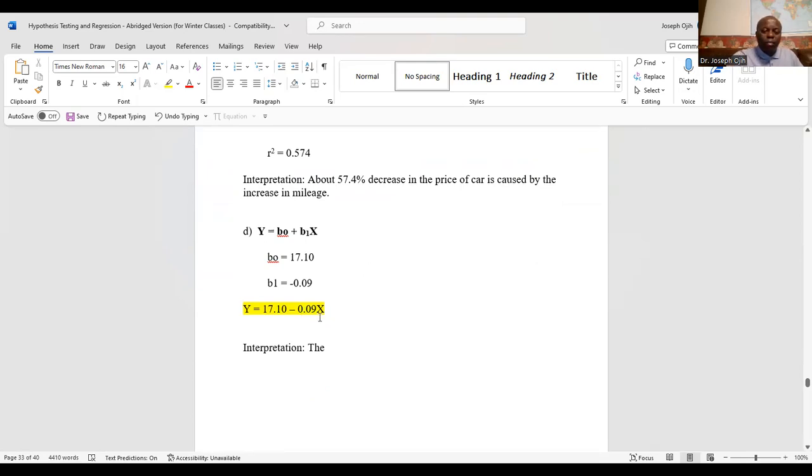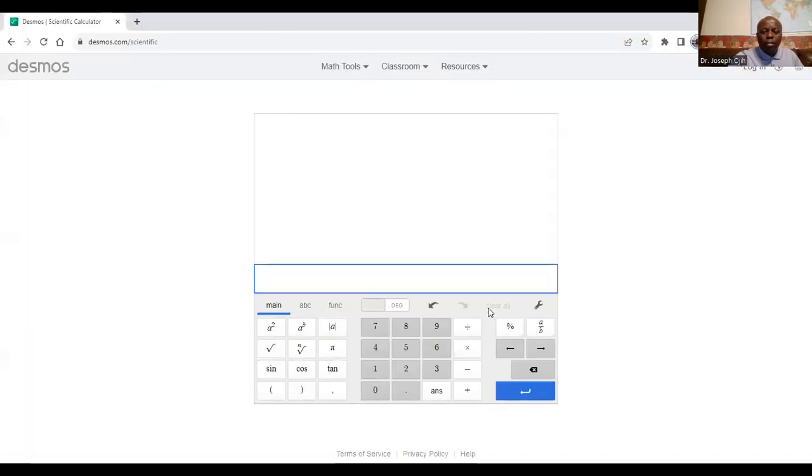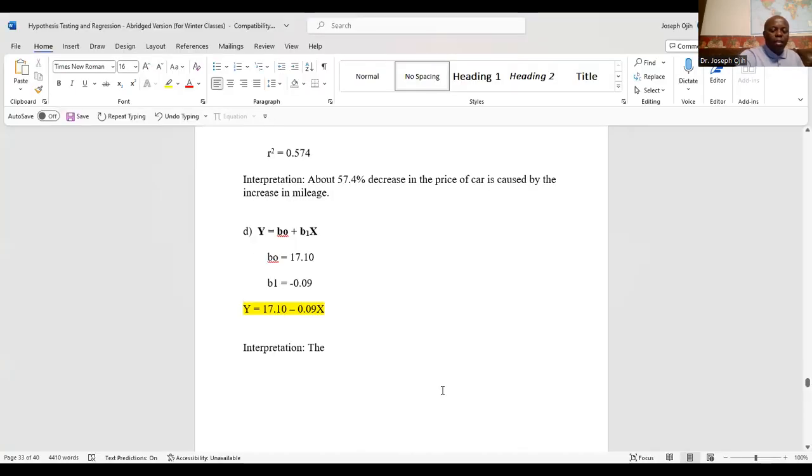This is 0.09, but in thousand, 0.09 times 1,000 is 90. So with this, that means that we can say that the mileage, according to this equation,